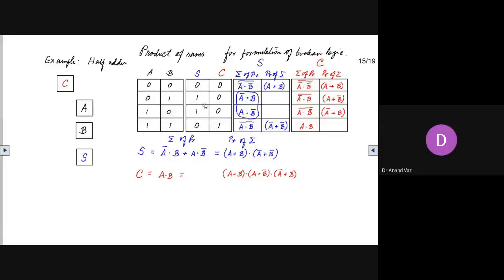Here we had an equal number of ones, but if the number of ones was more over here, then we would require more terms in the sum of products method. And so in that case, the sum of products method would be less economic in comparison to the product of sums method. Just as an example, suppose you had